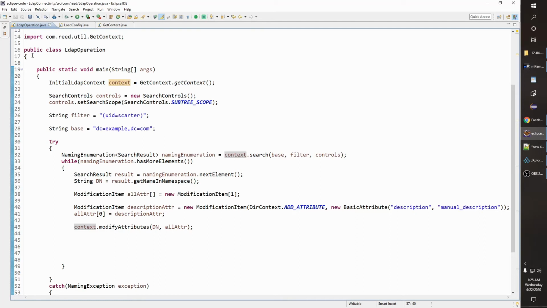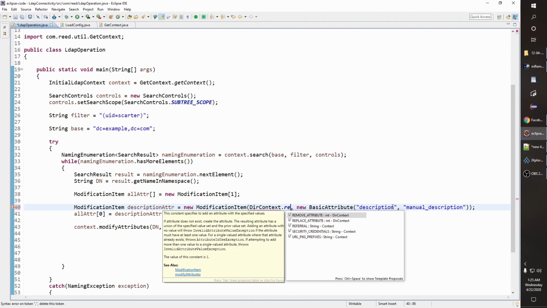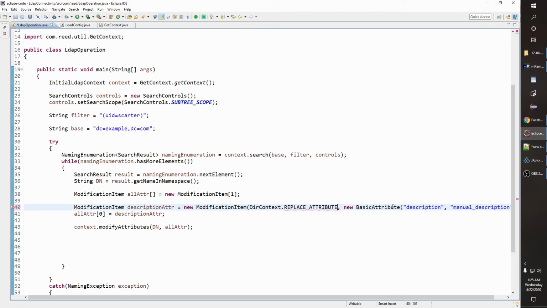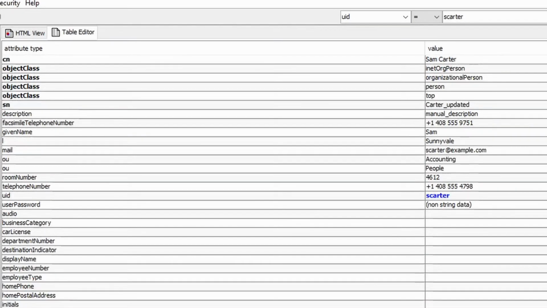Now let's say you want to replace the value. In that case, you just have to use replace attribute, and description, manual description. Let's replace with the same value. Let's see if you are getting any exception. You are not getting any exception, but it's a nonsense operation that you are doing.